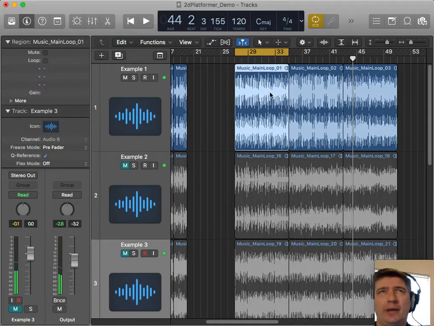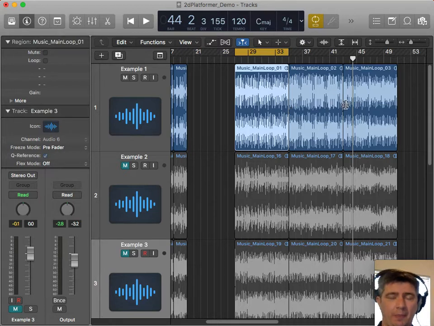Whenever you reach the end of a particular main loop, you basically have a three-pronged fork in the road. You can either jump back to the top of the same one, you can jump to the second one, or you could jump to the beginning of the third one. You would probably be best served to always start on the tonic.